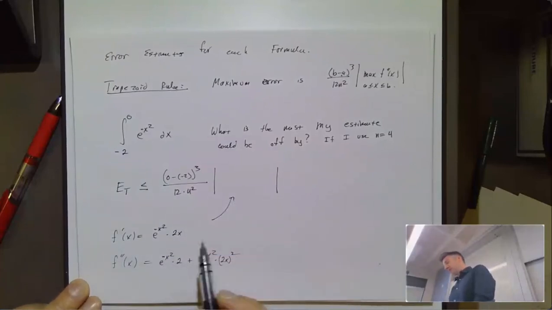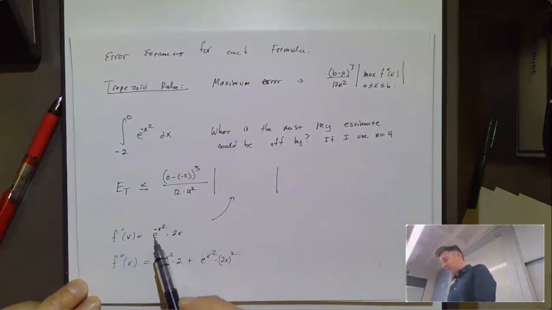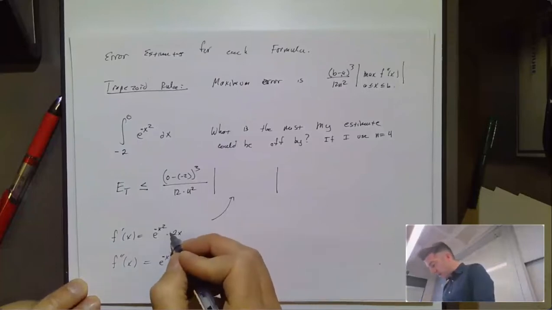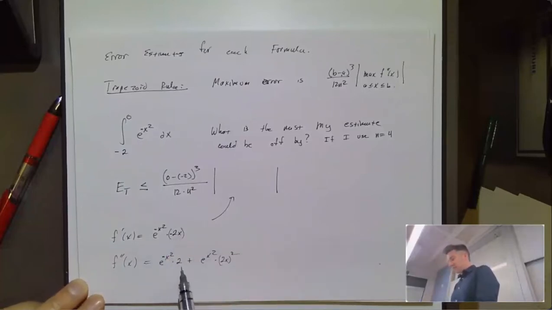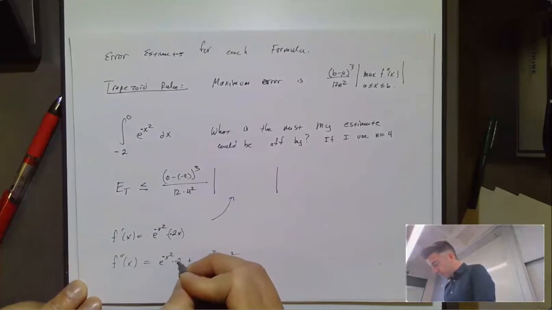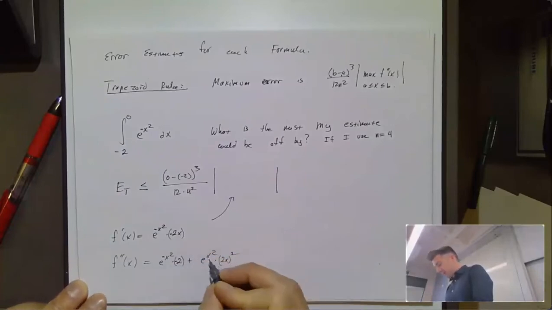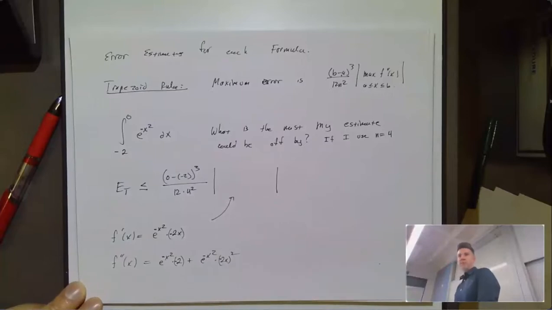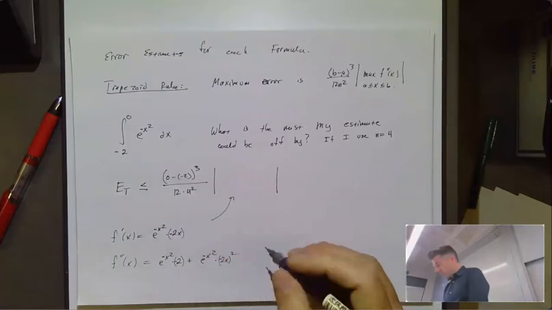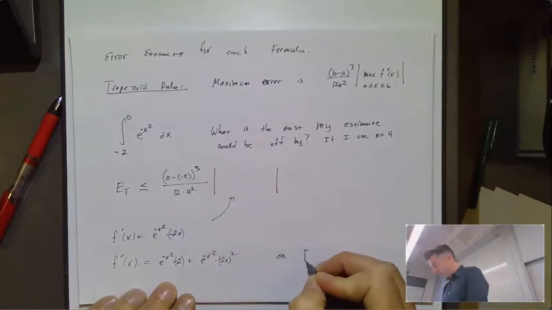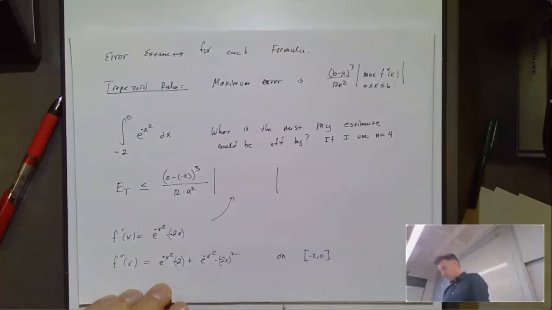So sorry, my second derivative is actually then e to the -x squared times a -2x. And this other second derivative is an e to the x squared times a -2 plus an e to the -x squared times a -2x times -2x. Sorry for that. So on the interval from -2 to 0, what's the